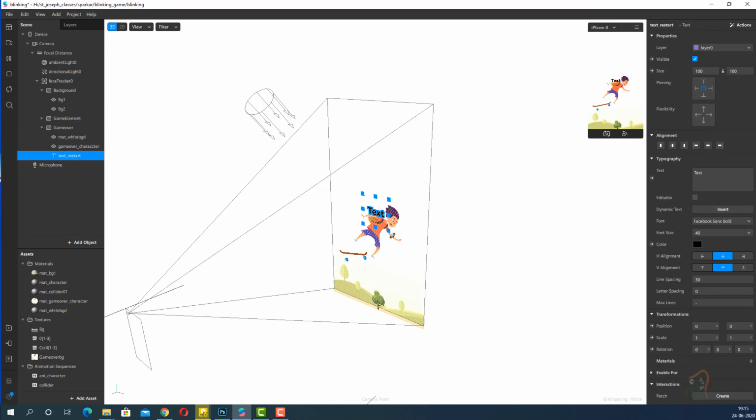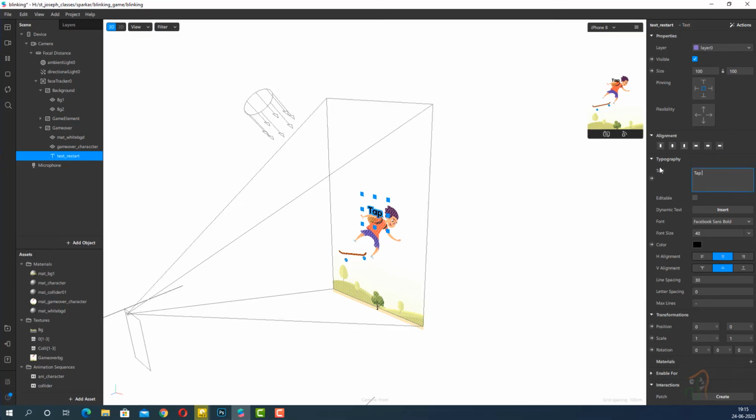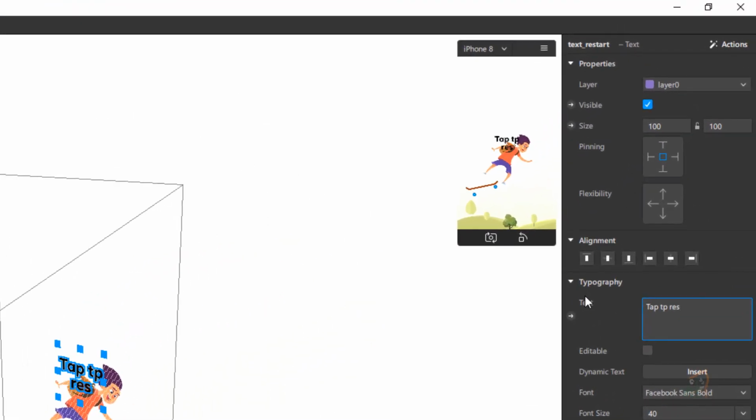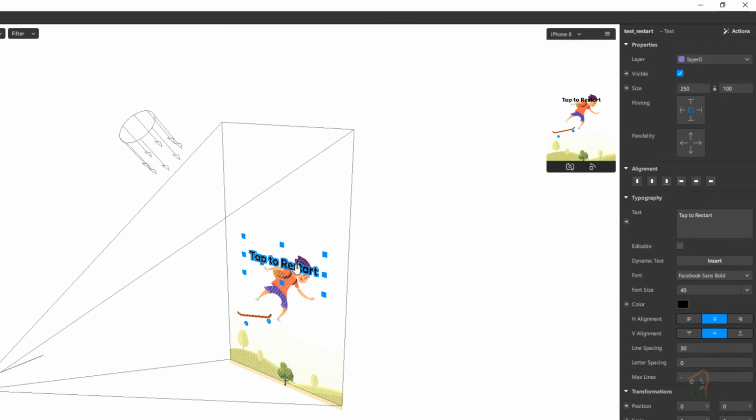In this text I am going to type here tap to restart. So I will add this text. Let's set its width to around 250, so that it is straight. Then let us move it a little to the bottom here. So this line will appear.